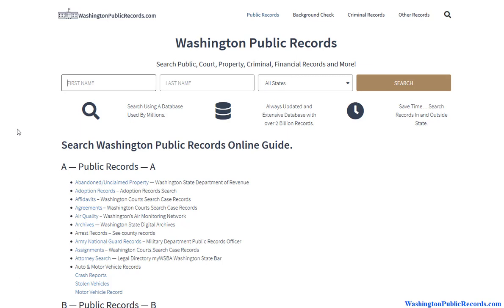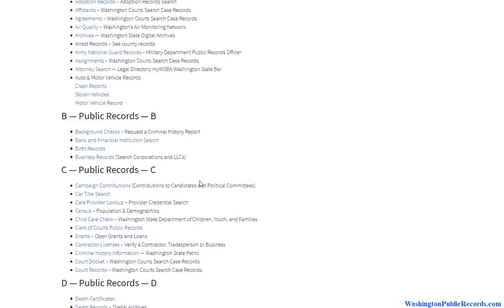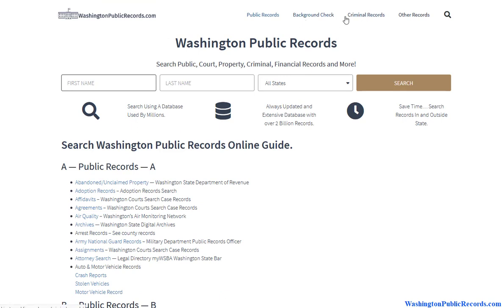And there's also private information in there, private databases like potentially cell phone information, previous addresses, email information. So it just depends on what type of research you're doing. You have a very large list here. You have specific pages if you're looking for a specific type of research, and then you can also use the private database here. So once again, it's